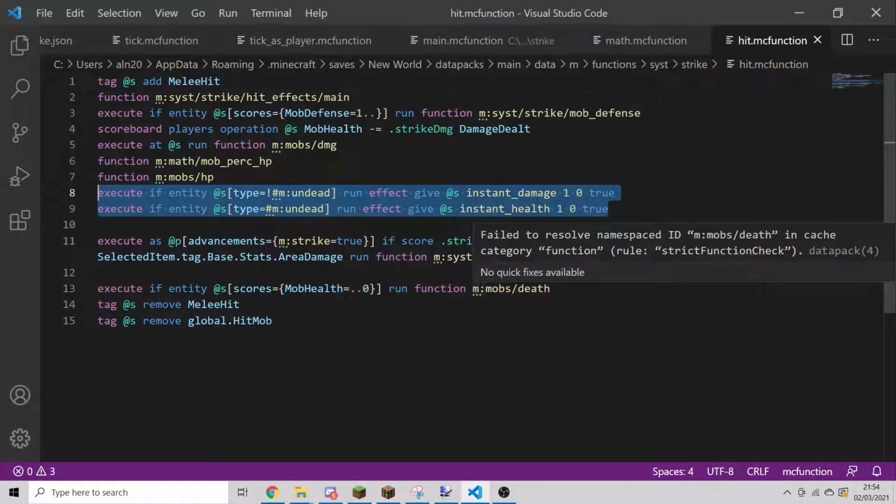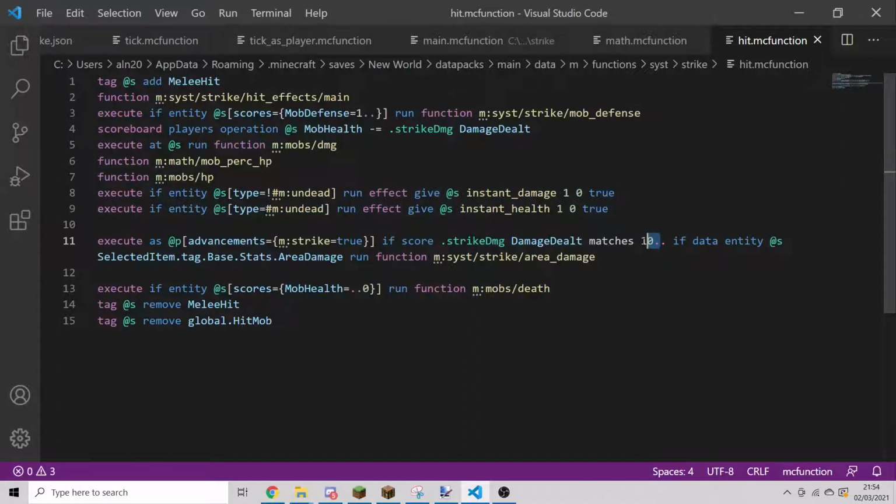Then some weapons also have area damage, so it checks if the hit was fully charged, which means that the damage dealt was more than 10. And if they have the target, it will run some commands that give damage to mobs in a nearby radius. And then if the mob has less than 0 health, it will die. Now that was the part regarding the